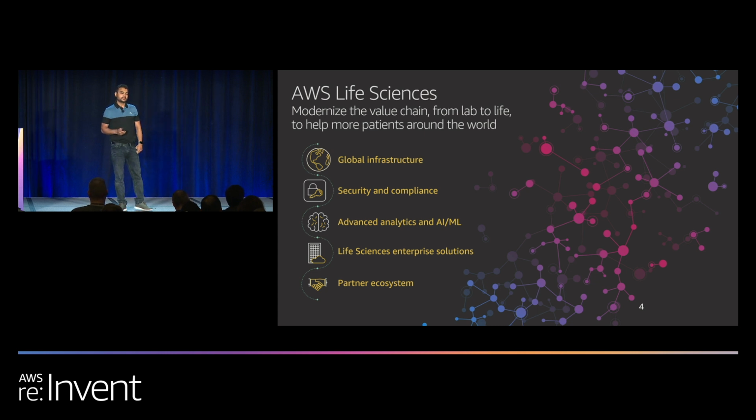When it comes to AWS and life sciences, the true value proposition here is to make it easier and more scalable for more and more patients to get the help they need as easily as possible. And that really comes from our mission of going from science that operates in the labs to really the life sciences launch drug in the most efficient manner. And the ability to actually do that comes from our global infrastructure. So we operate a global infrastructure that allows you to operate. Customers like BMS actually have the ability to go global in minutes